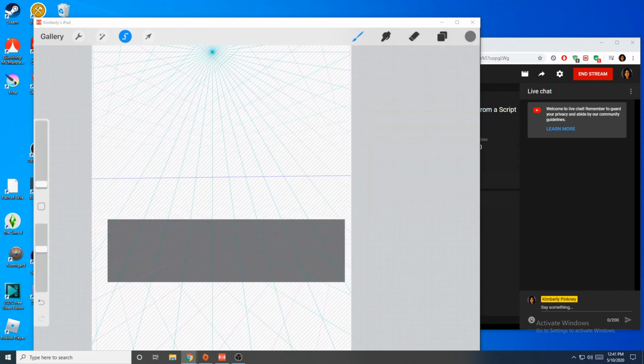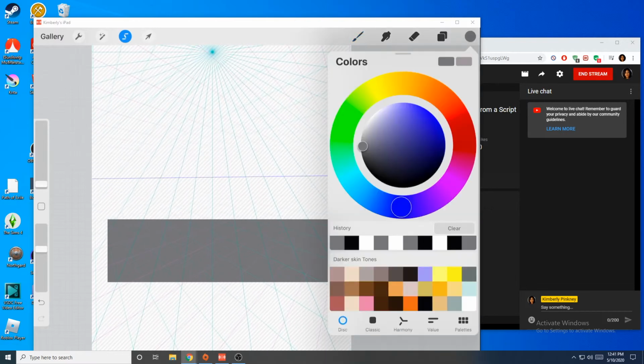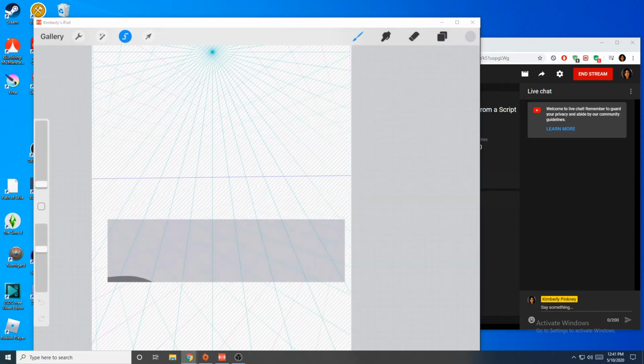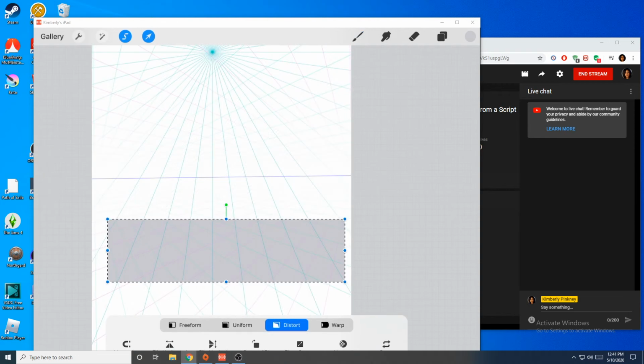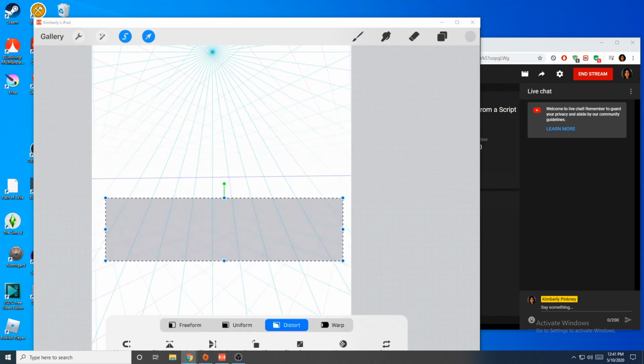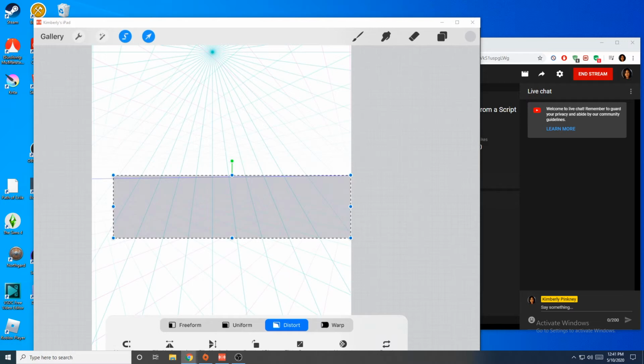Okay, and this will be our ground level. Let's see, we'll have it be a little bit lighter. Let's see, how about light tone? Okay, so we have our ground level,